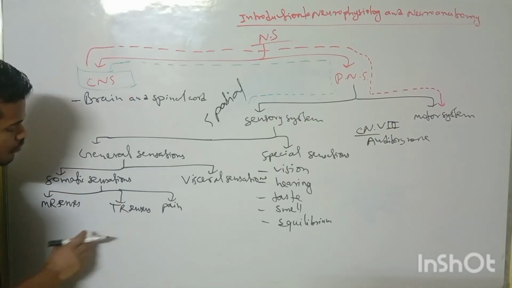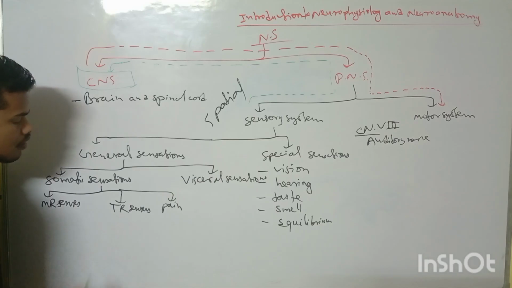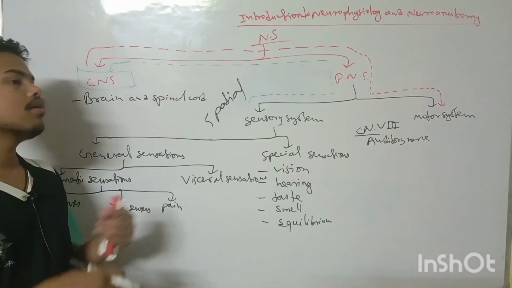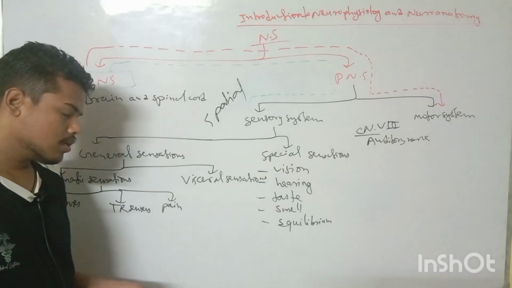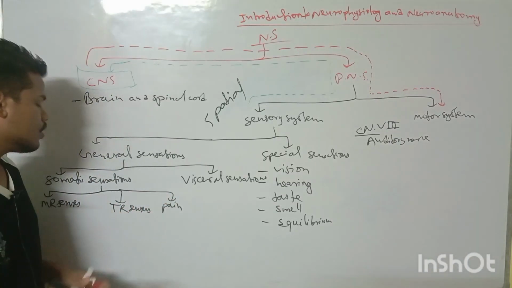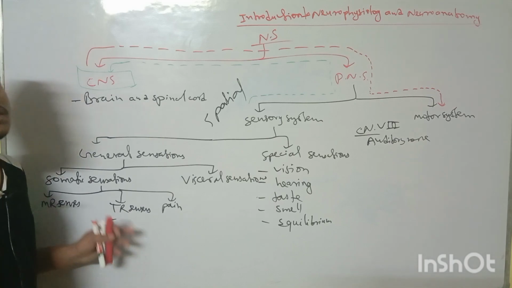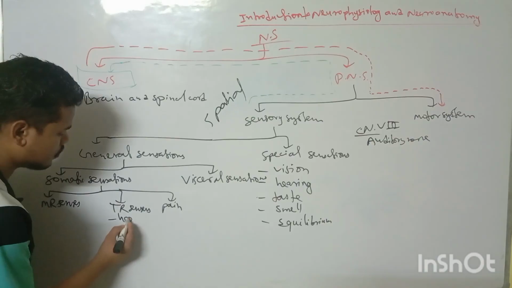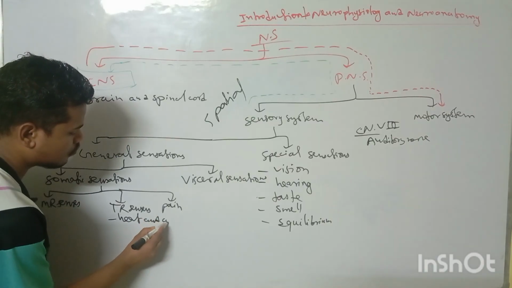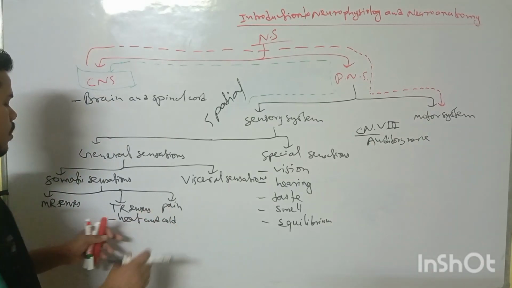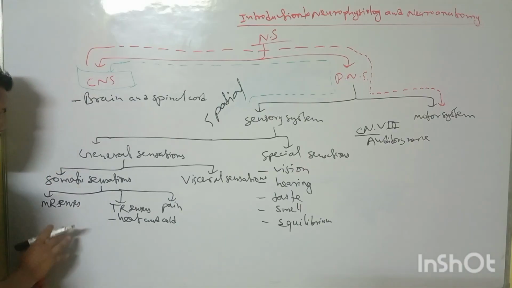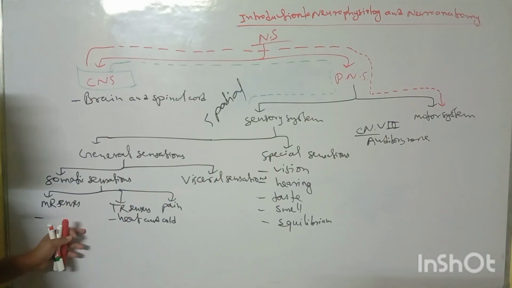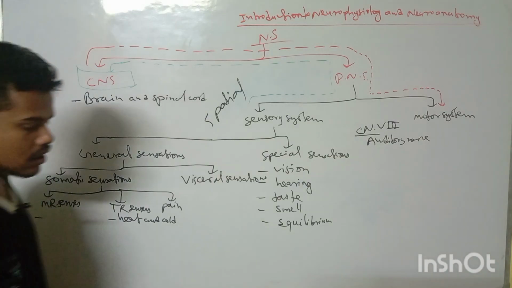Then there will be the sensations of temperature. We also feel the change in the temperature in the environment or in the object. This will include sensation of the change in temperature, and will include sensation of heat and cold. Now excluding these two, all senses will fall under the mechanoreceptive senses.